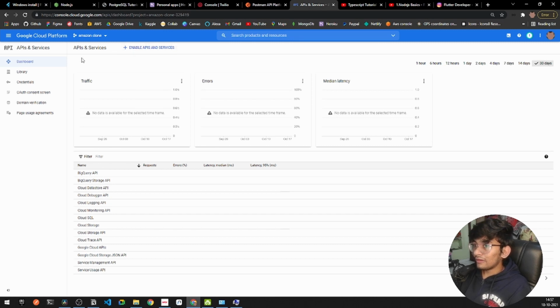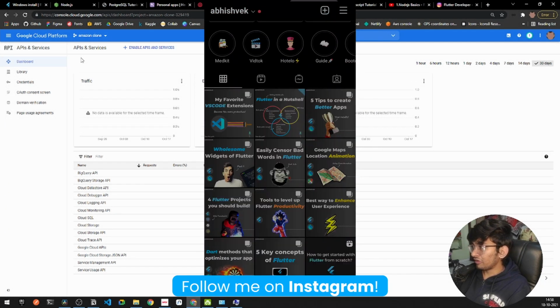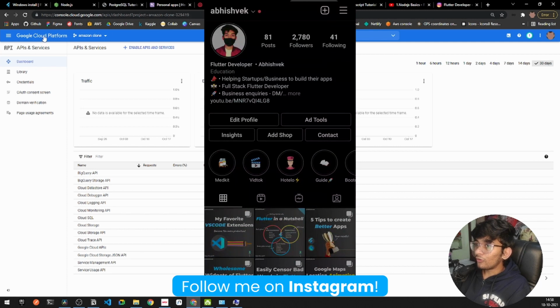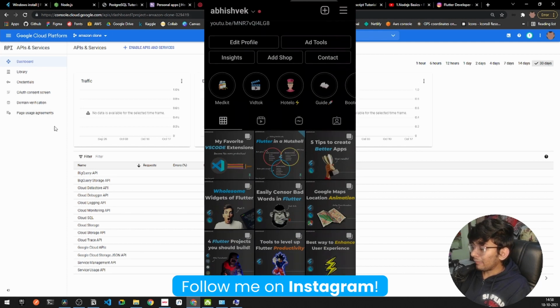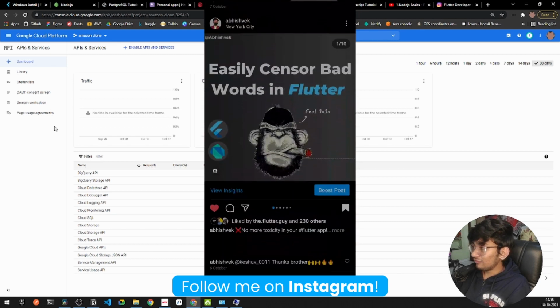The last thing that we shall be requiring is Google Cloud. So you have to create a new Google Cloud account. You shall be getting the credentials of Maps. We shall be using Google Maps for navigating the user to his current location. Also we shall be using Places API and Autocomplete API for searching the locations. So you have to create a new account on Google Cloud, and you can get a paid account or a free account as well. Both of them are working. There is no issue in that.